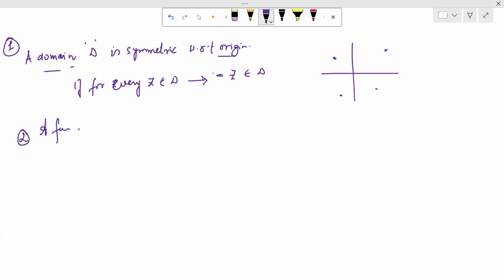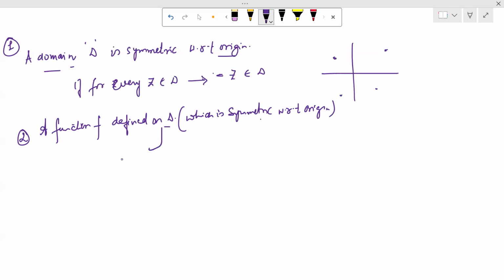A function f defined on domain D, and if this domain D is symmetric with respect to origin, so if domain D is symmetric with respect to origin and a function f is defined on this domain D, it is said to be even,